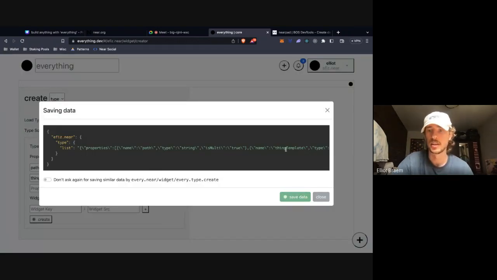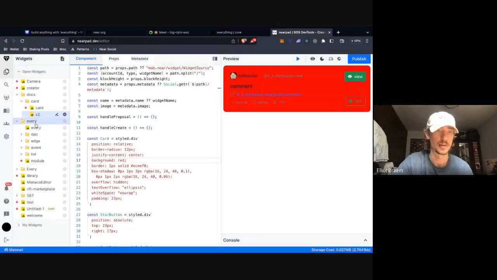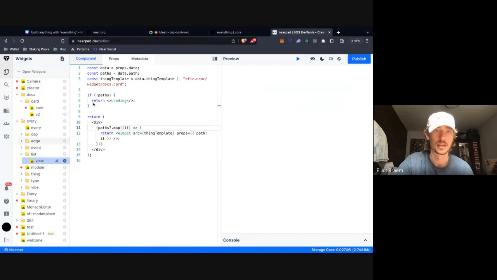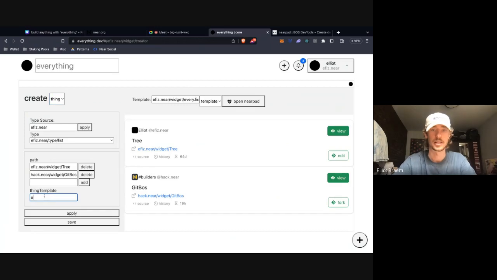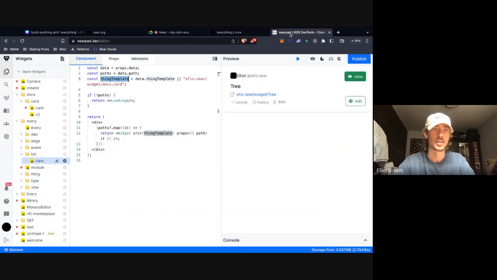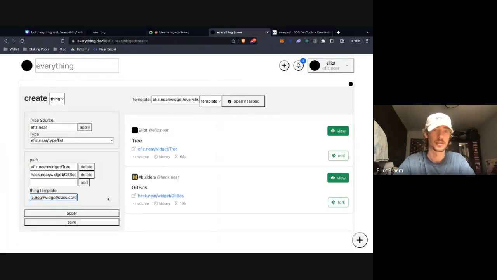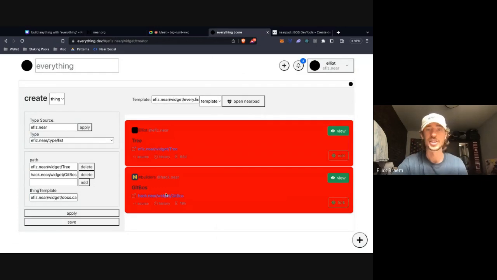So I'm adding that thing template variable that I described here. And now I just added it. Now we can do this. And now I can do, what's it called? Docs card v2. I can switch out and make it look a different way.